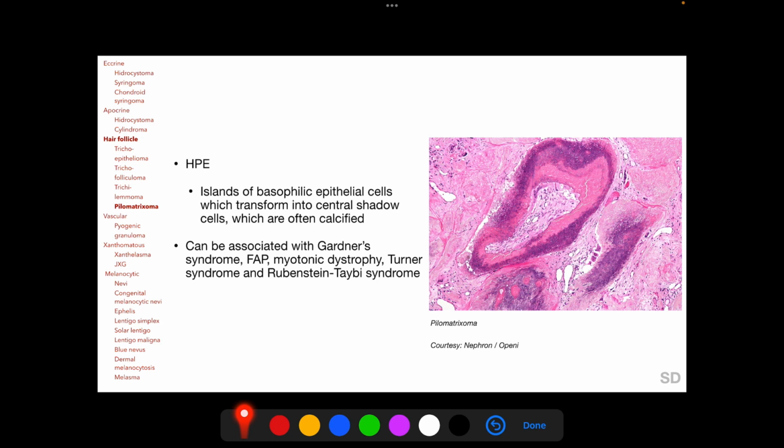On histopathology, Pilomatrixoma show islands of basophilic epithelial cells which transform into central shadow cells, which are often calcified, and Pilomatrixoma can be associated with systemic entities such as Gardner syndrome, familial adenomatous polyposis, myotonic dystrophy, Turner syndrome, and Rubinstein-Taybi